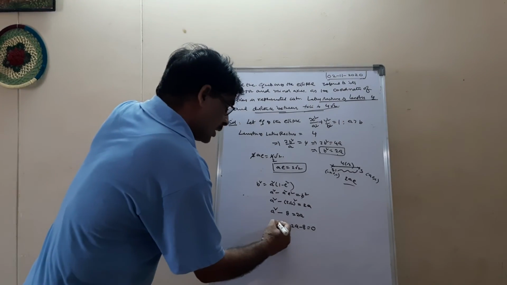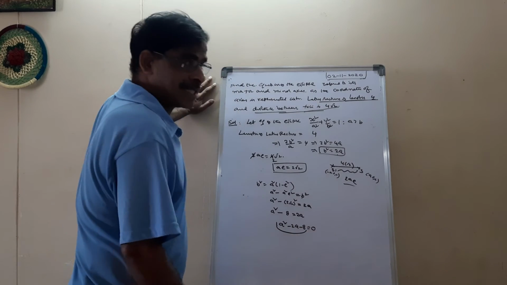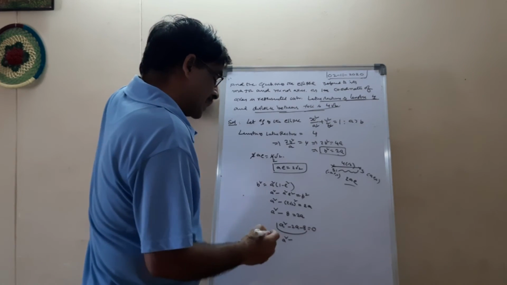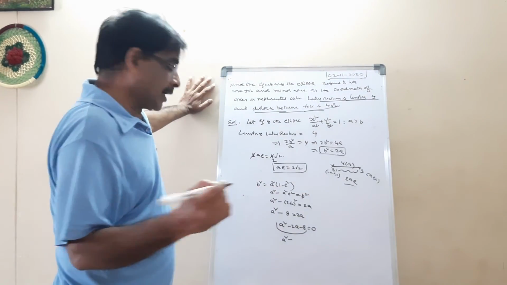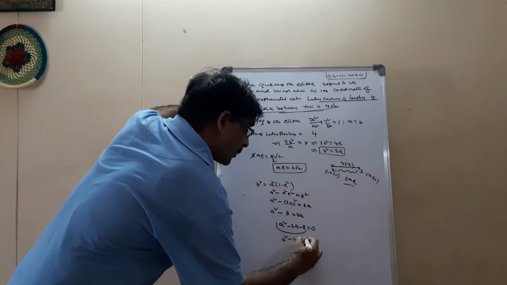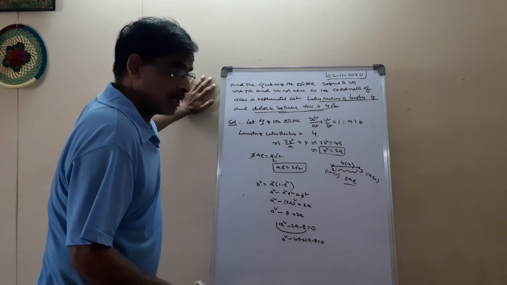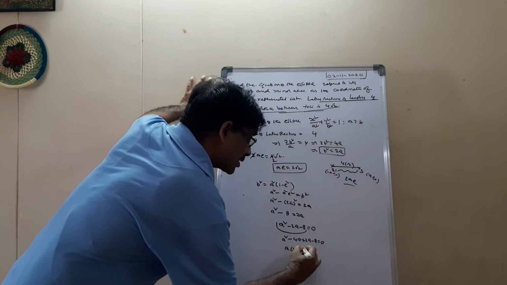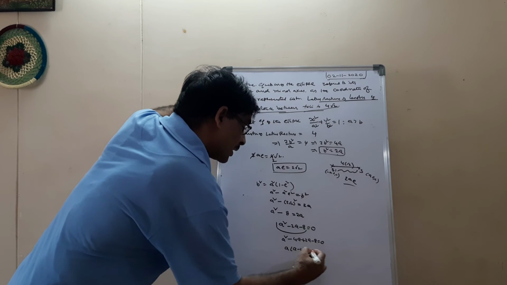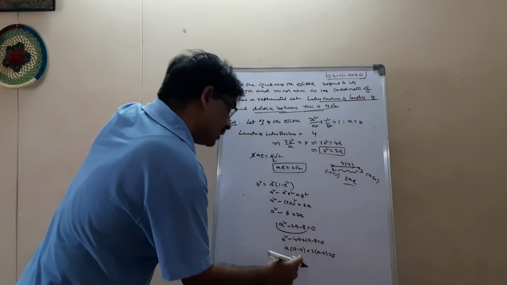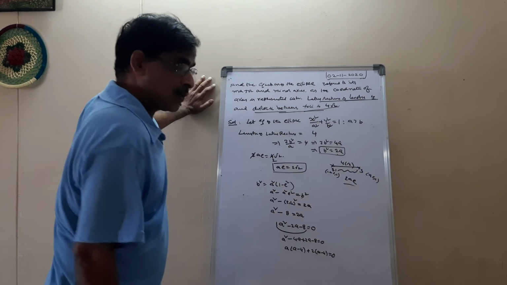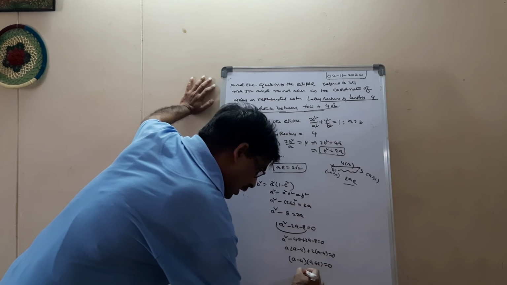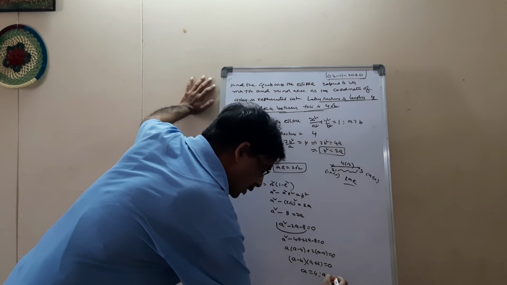Find the roots: 1 into minus 8. You can write this as a square... 8 means 4 twos are 8. You can write this as a square minus 4a plus 2a minus 8 equal to 0. 4 twos are 8, 4 minus 2 is 2. So a into a minus 4 plus 2 into a minus 4 equal to 0. Again, a minus 4 into a plus 2 equal to 0. So a equal to 4 or a equal to minus 2.